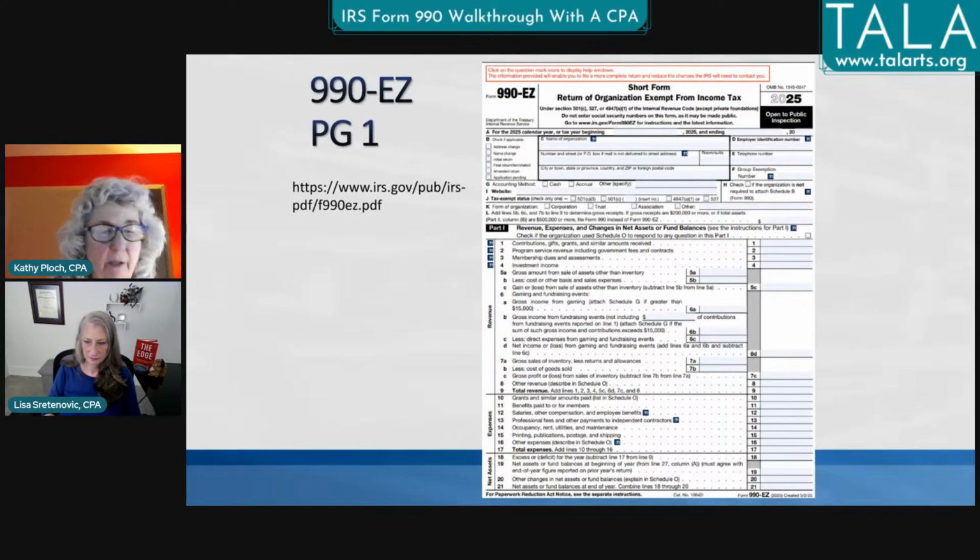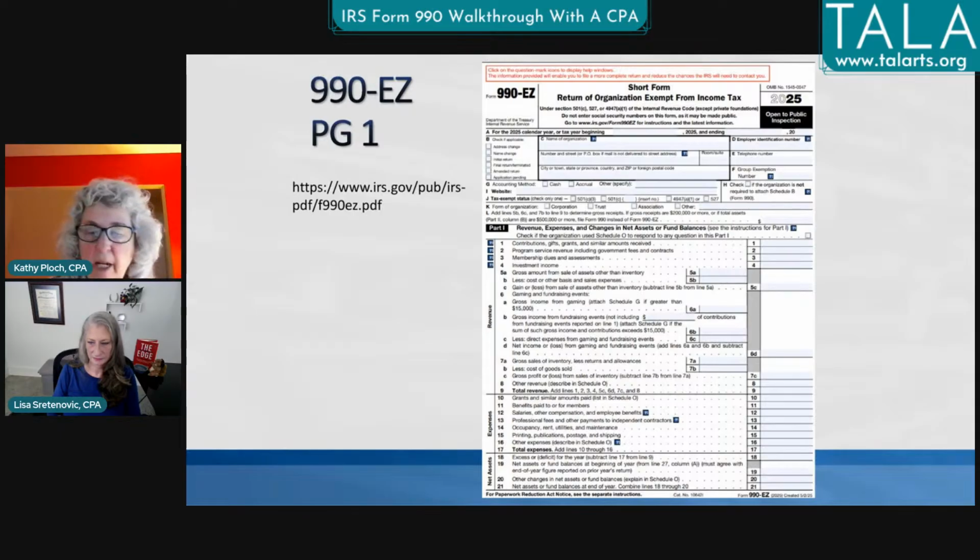Section B is a little check if applicable. If you had an address change, a name change, if this is your initial return, final return, amended return, and if you have an application pending, because you may have done your 1023 application, it hadn't come back yet, but you can take donations and stuff while that's pending, then you would check that box.